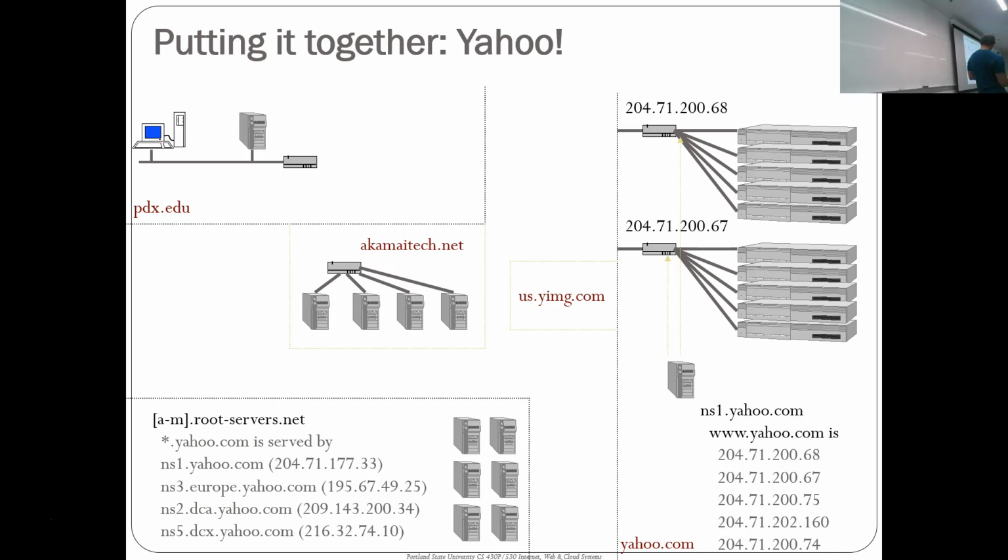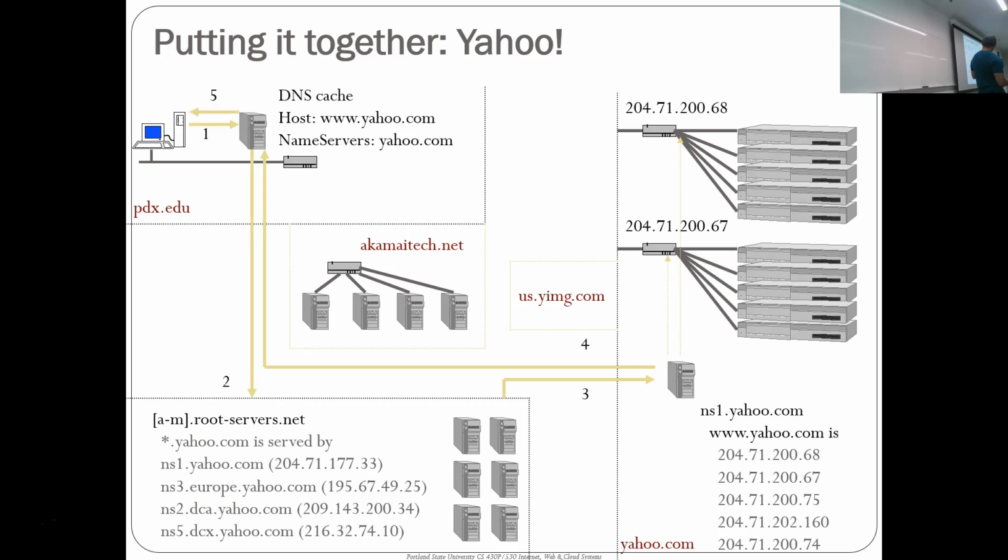And so what you would have for a single site, www.yahoo.com, you would have a person go and look up the name. You would get a collection of names that you would then round robin. You would pick a name. So there it is, and you would go to that. So say you got .68, you would go here, and then within this cluster, you would get a single server to process your request. And as part of this server, it would rewrite the URLs for the embedded images, and